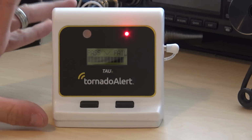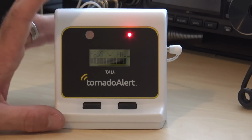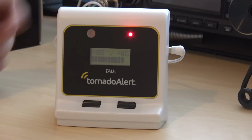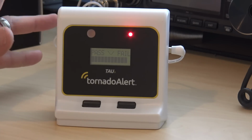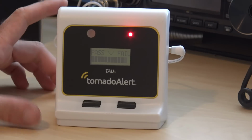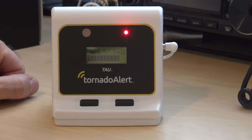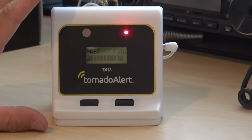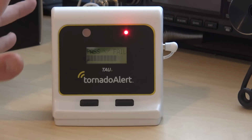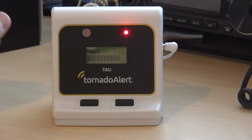Okay, the first thing you're going to notice when you put power to this and plug it in is it's going to run a self-test with the strobe and the light, and it's going to say, okay, on self-test. Then it goes to a pass-fail screen. Now, what's happening here? The first thing this is going to do is detect the ambient noise level or electrical noise that you can't hear, but this can pick up. It's going to detect that and determine where the noise floor is, for my technical people, if it's a high electrical noise or low electrical noise, so that it could be listening above the standard noise that's in the area, okay? You have to put this device at least a couple feet from a window and away from electrical interference that could hamper this device's ability to detect with its internal antenna,